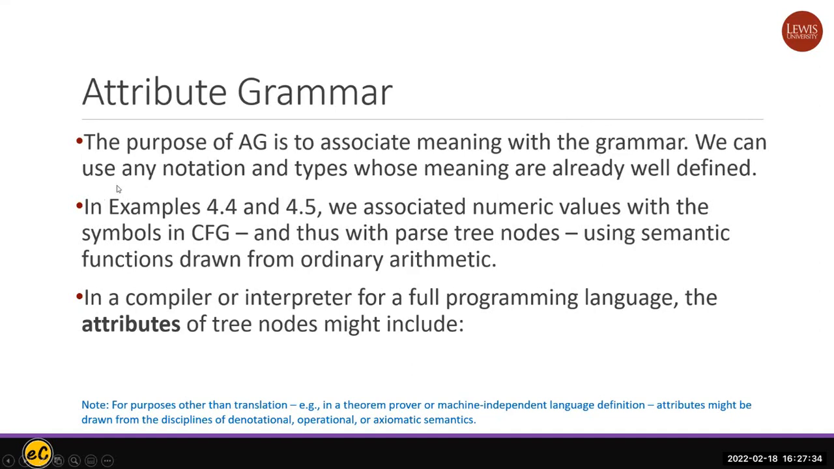We can use any notation and type whose meanings are already defined. So basically, it is just the way you decorate it. Okay, and these are not function code; these are grammar. So you can write it in the way that makes sense. Okay, so in examples 4.4 and 4.5, we associate numerical values with the symbols in a context-free grammar, and thus with the